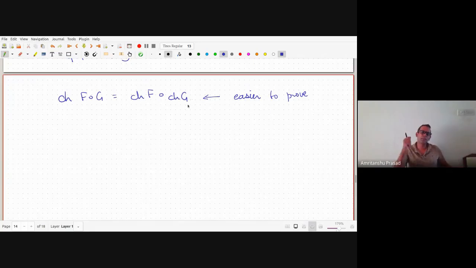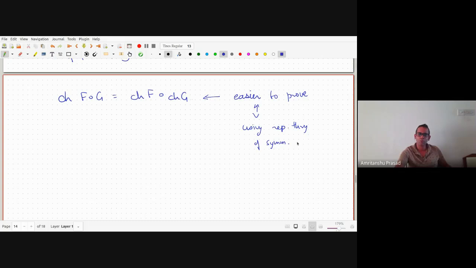So since the Frobenius characteristic determines the cycle index generating function, it's enough to prove this. And the proof of this corresponds to a result in representation theory, which says that if you have a representation of Sm and a representation of Sn, you use it to construct a representation of the wreath product Sm wr Sn, and you induce that to S of m times n, then its Frobenius characteristic is a plethysm for homogeneous functions. So somehow it corresponds to that, using the representation theory of symmetric groups.